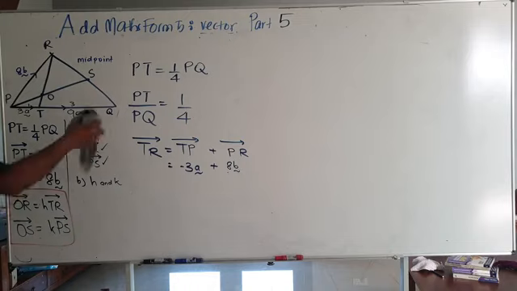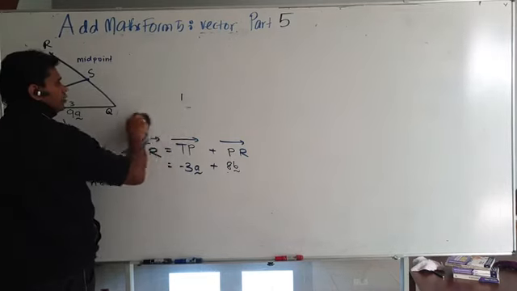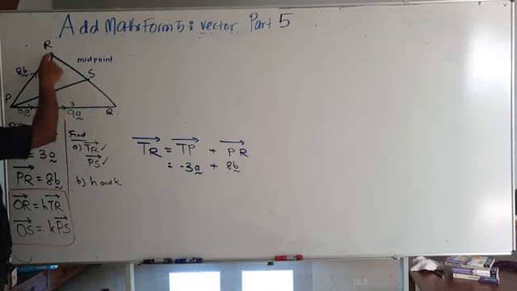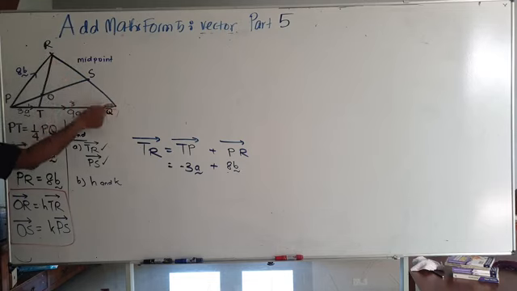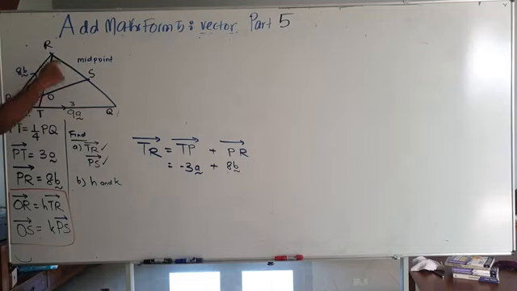So for PS, I'm going to erase this top part here. So what is PS? You need to create an equation again. PS is over here. And there's another piece of information given, which is that S is the midpoint of RQ. Now how do you find PS? Before you find PS, you need to choose a triangle. What is the triangle you're going to choose? So let's say I choose this triangle.